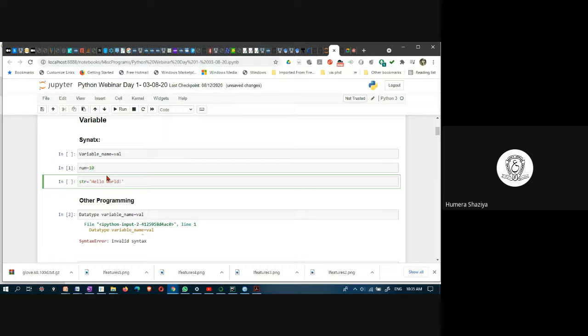Okay. How can I run this? In order to run this, I can click on this run. Okay, this is old version. In the new version, you get here one small arrow. On clicking that, this cell will be executed. I think I installed it last year, so I have the old version.